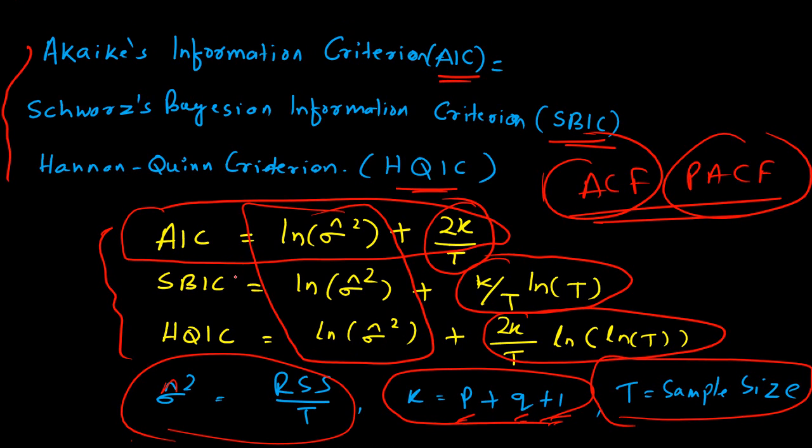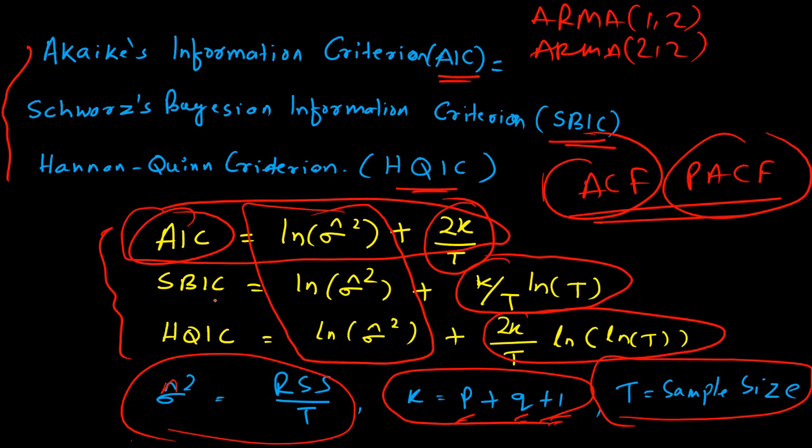So you can use one of these information criteria to confirm your order from ACF and PACF, or you can use it as additional information, or use that as the only criteria of choosing the order of the time series model. Okay, so how do you do it in practice? If you're confused about ARMA 1-2 or, let's say, ARMA 2-2, what you can do is estimate the model and find out the AIC value. Let's say AIC is the one you are using for finding out the order.